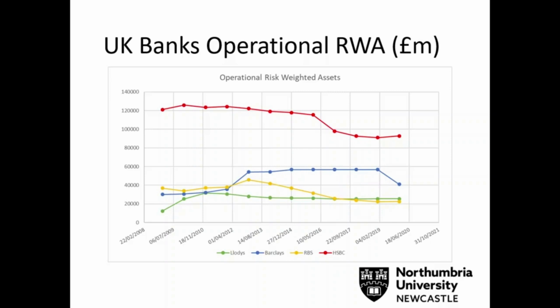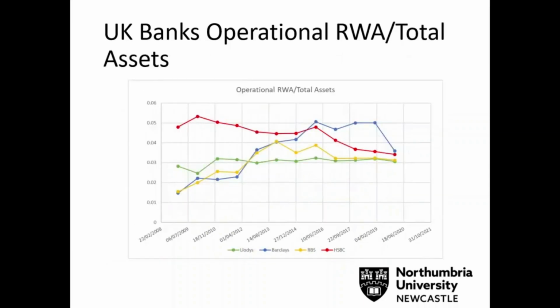Now, what I'd highly recommend is look in the BIS document or do a search on what constitutes a risk-weighted asset from an operational risk point of view. Now you might see here, well, actually, it looks like HSBC really have a high level of risk-weighted assets compared to the rest of the UK banks. But if I